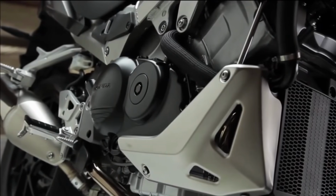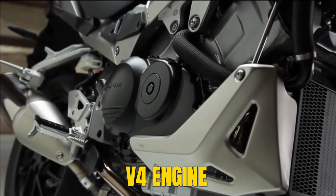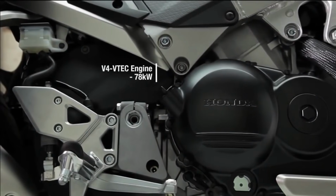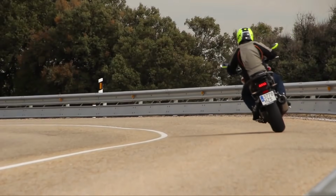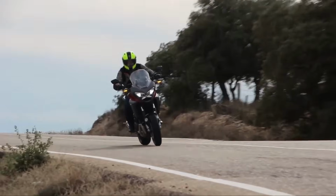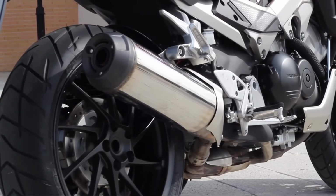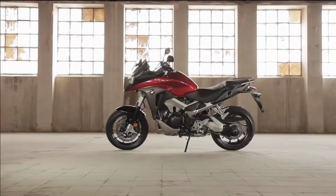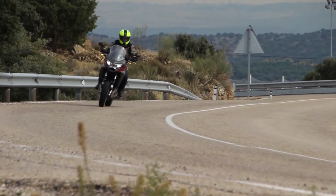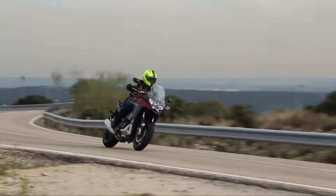At the core of the Crossrunner is Honda's proven V4 engine, a layout with a long-standing reputation for smooth power delivery and durability. It's not tuned for extremes, which keeps internal stress low and reliability high over time. These engines are known to run strong for years with basic maintenance, and serious internal failures are rare. Heat management is solid, oil usage is low, and the motor feels happiest doing exactly what touring demands: steady, sustained